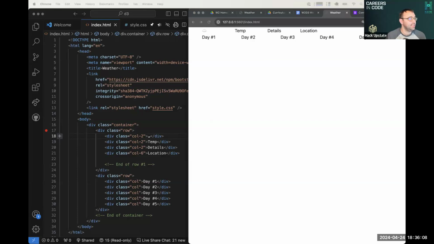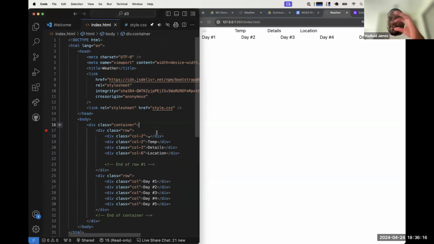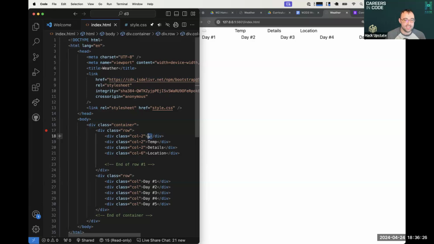Now, interestingly enough, when you add an emoji in there, it's pretty hard to see. Is there any way that we could size it up some? Not in our code, we can't visually size it up in the VS Code text editor, but what we can do is blow it up in our design so it shows up much bigger. So in order to do that, we are going to